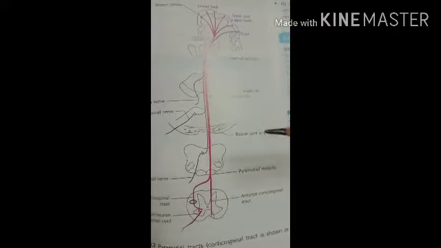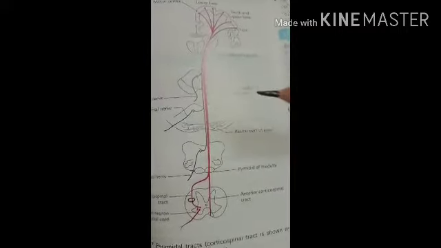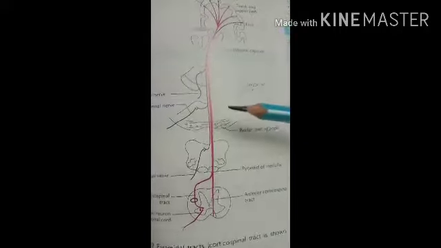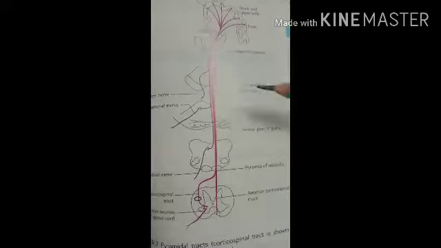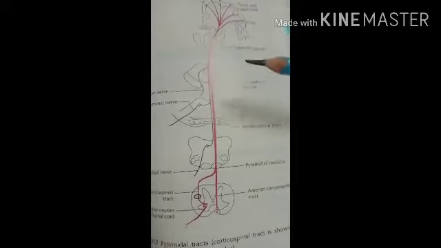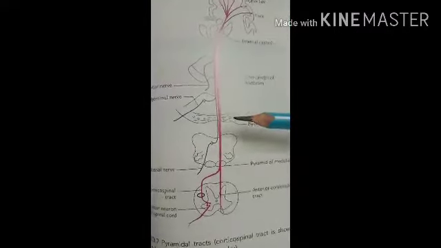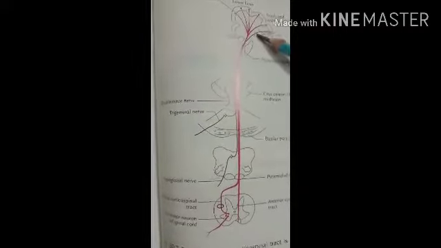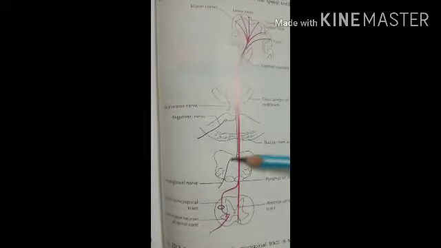The muscle is not actually paralyzed, but the control of the upper motor neuron over the lower motor neuron supplying the muscle is lost, and as a result the lower motor neuron becomes hyperactive and the tone of the muscle increases, leading to spastic paralysis. In this type, spasm and stiffness of the muscle occur. So if the lesion occurs on the right side, the affected side is the opposite side, that is the left side.